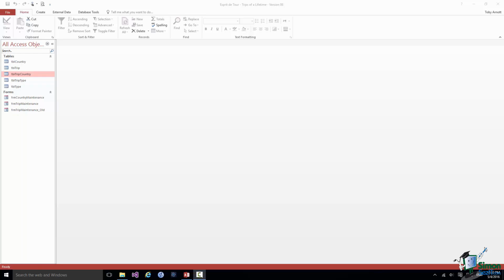In this section we're going to start looking at subforms. The idea of a subform is that it is in effect a form within a form. And normally the reason that we use a subform is to show repeated values within a form. Now I'm going to start looking at subforms with a very straightforward example, and then I think it'll become clearer why we use subforms. If I open up our new trip maintenance form,